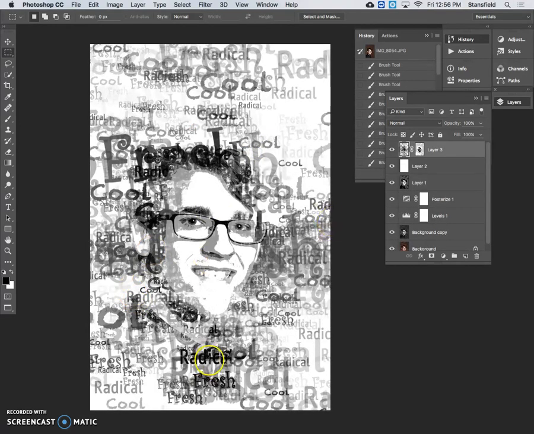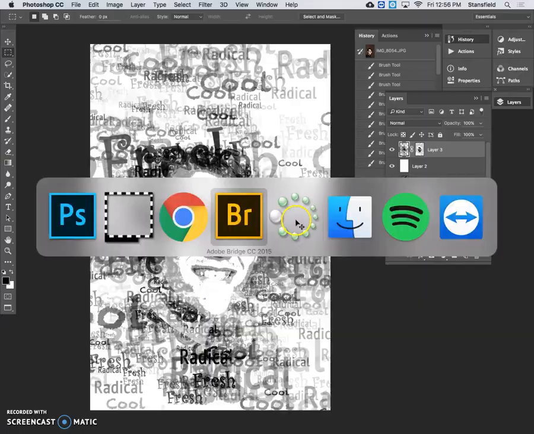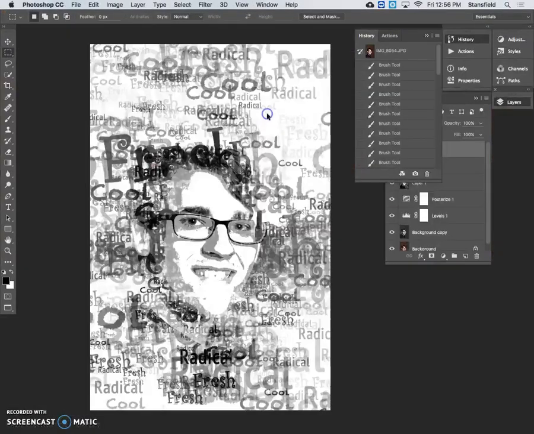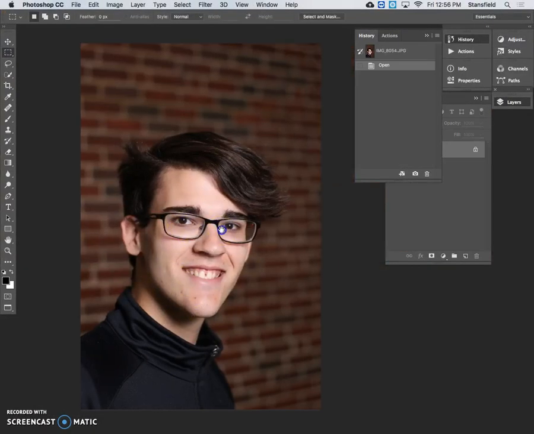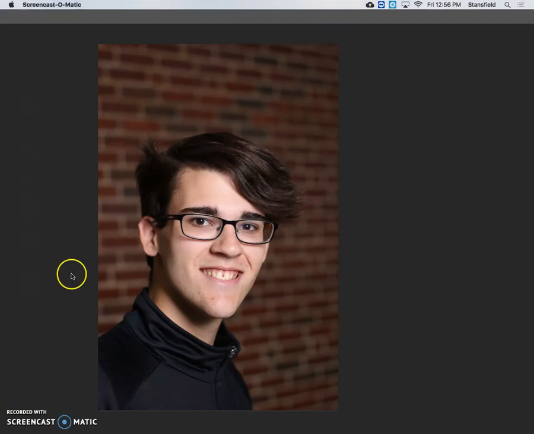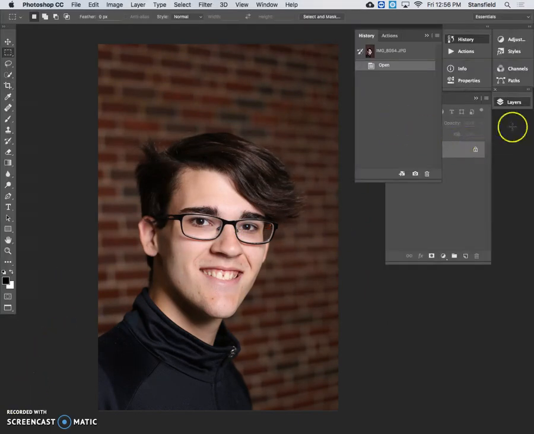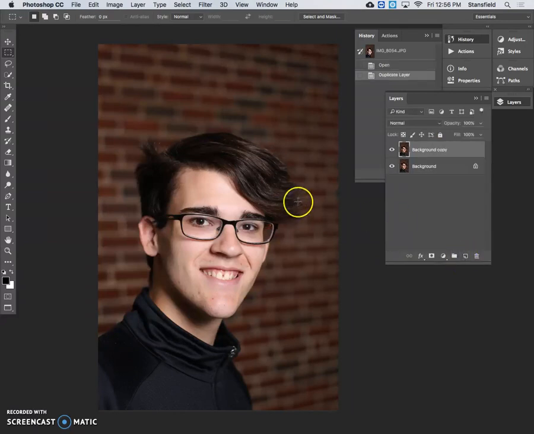All right, the next step is to go to the original file that you want to open here in Bridge, double click on it, and here we go. Step 1 is going to be to copy the background layer, and we go to our layers palette and simply click and drag that background down to this little square next to the trash can. We're going to be using this later as well. That's the new layer, and so we click and drag the background onto the new layer,